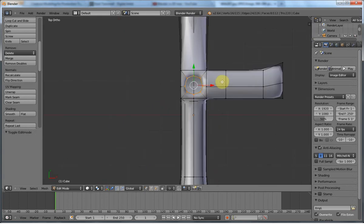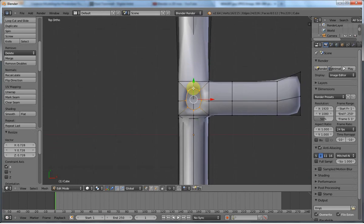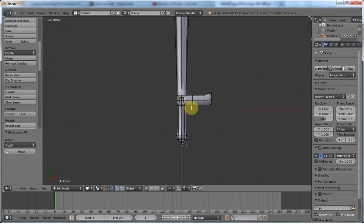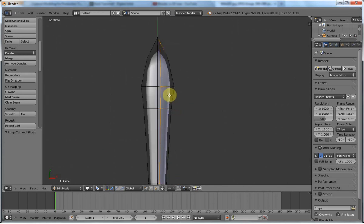Okay. There we go. Anyway, I can adjust it afterwards. Okay. Add the loop cut along here. Yeah, okay. And now